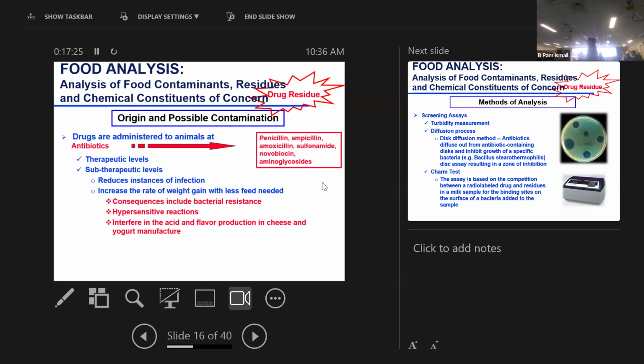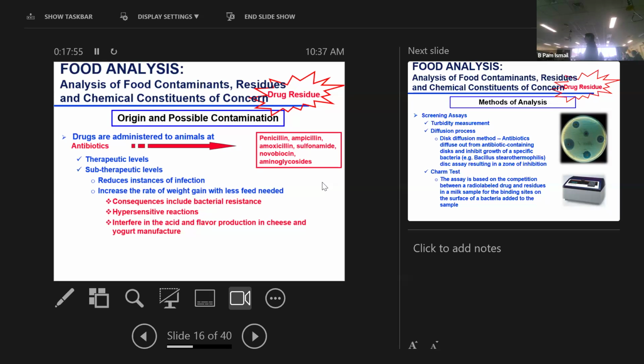Also, they shouldn't be in food because they would encourage bacterial resistance. So the bacteria will become resistant to antibiotics, so they won't work anymore. So they are given only if the cow, let's say, is sick. They give therapeutic levels, but at the time of producing the milk or slaughter, there shouldn't be any